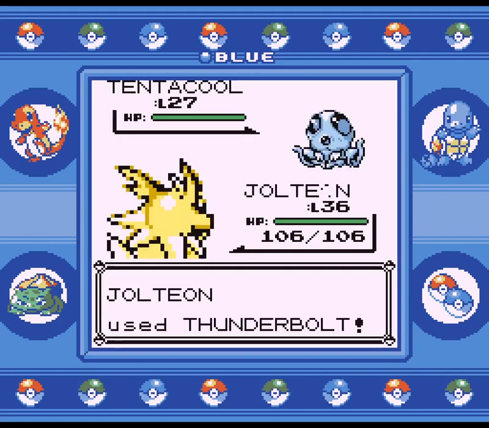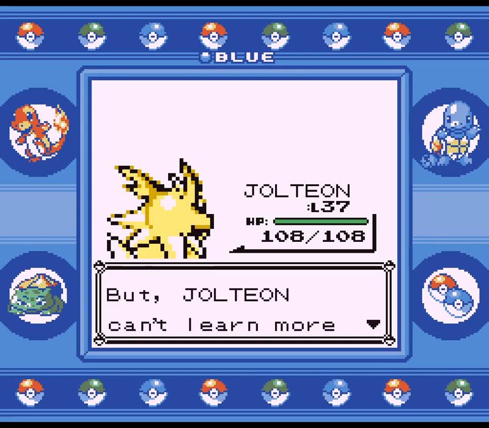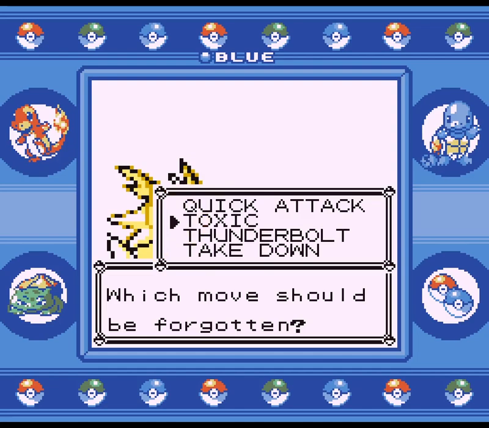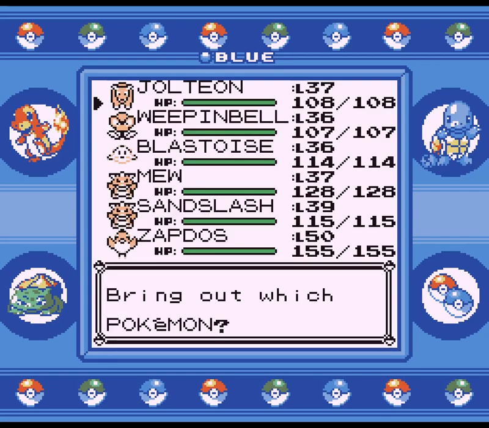Oh yeah, my ethers are gonna get some work today. At this point, considering what we're up against, and considering that there's really no point in lowering physical defense for a special attacker like Jolteon, yeah, Tail Whip, we can pretty much never ever need this. Now, with that in mind,